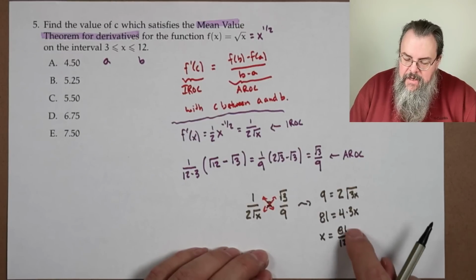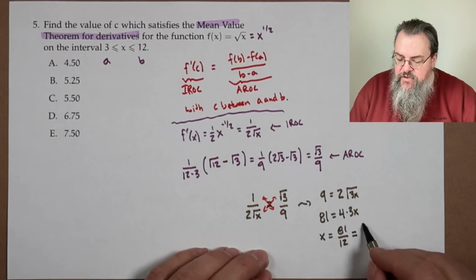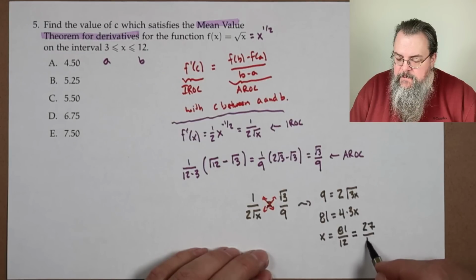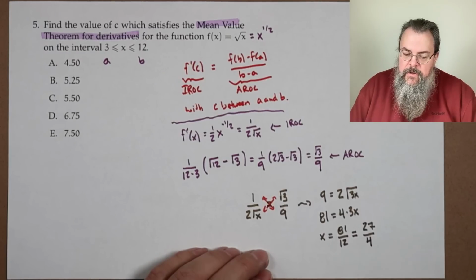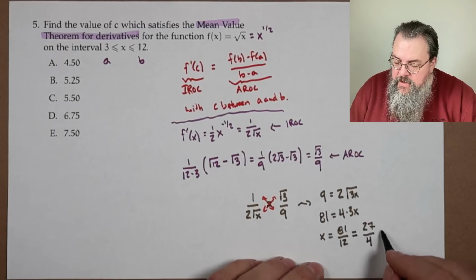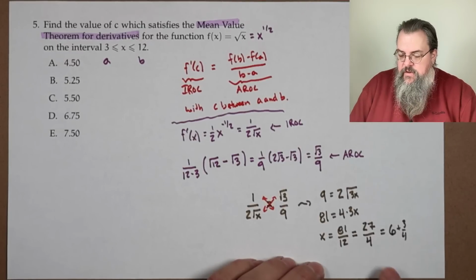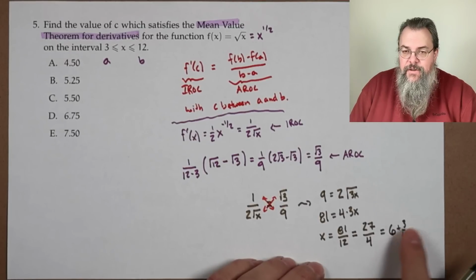Well, 81 has a factor of 3, as does 12, so we can divide out top and bottom by 3. So that's 27 divided by 4. Now, what does 27 divided by 4 give? Well, that would be 6 plus 3/4, right? Yes? So 6 and 3/4,